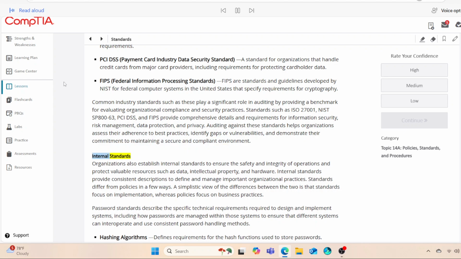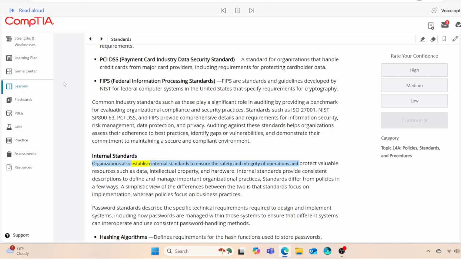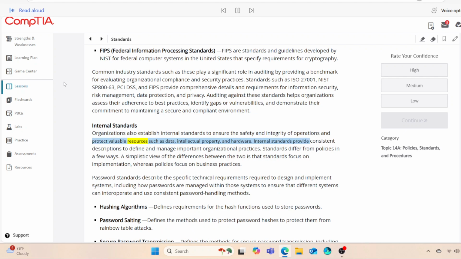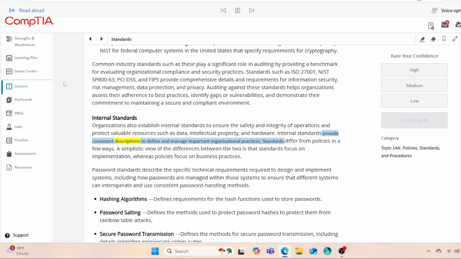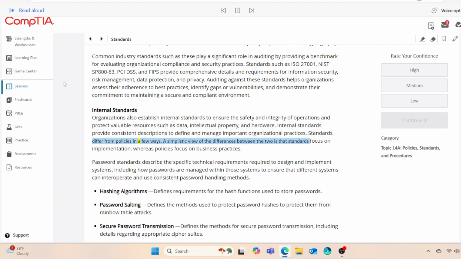Internal standards. Organizations also establish internal standards to ensure the safety and integrity of operations and protect valuable resources such as data, intellectual property, and hardware. Internal standards provide consistent descriptions to define and manage important organizational practices. Standards differ from policies in a few ways. A simplistic view of the differences between the two is that standards focus on implementation, whereas policies focus on business